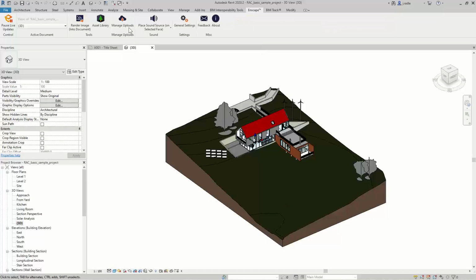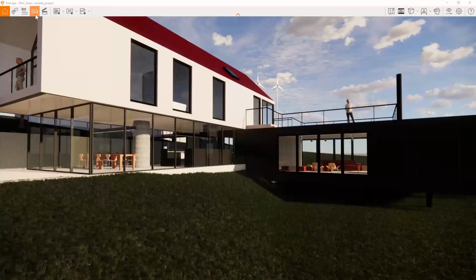specific to Revit. We have this render into documents, render image in document. This stayed over here in the design application because this will essentially take a render and produce it over here in our renderings section of our Revit project. So we can see here, that's where the screenshot,